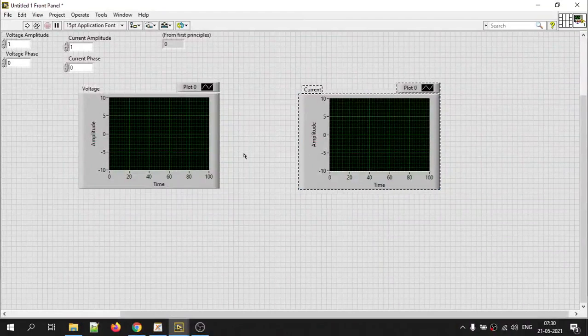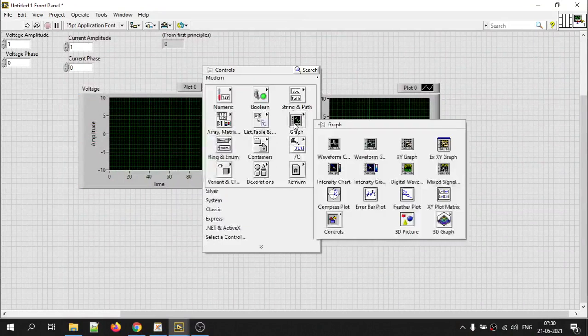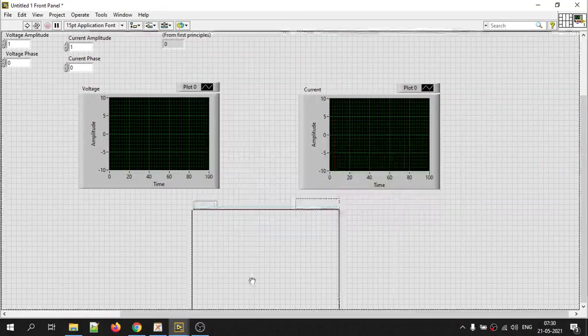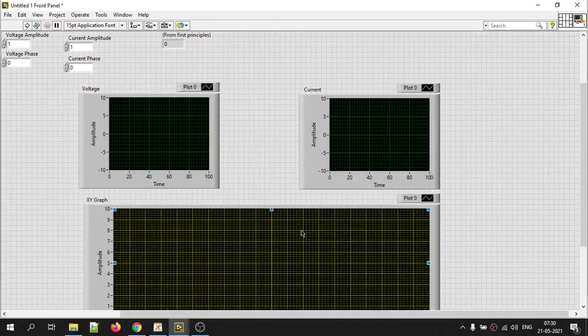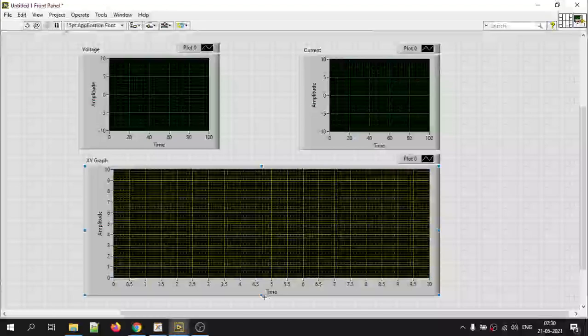Okay, next, let us create an XY graph for plotting the instantaneous power. Why I am using an XY graph is because once we have removed the timestamp, the time information will be removed